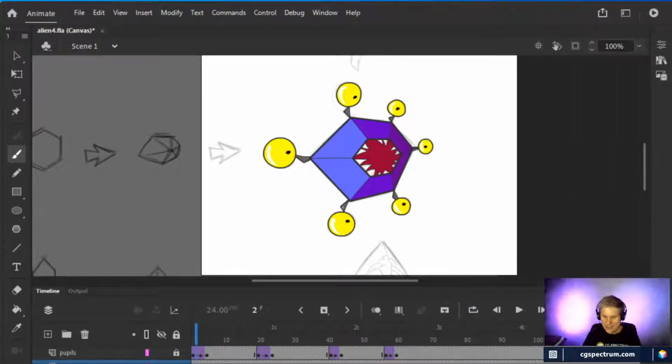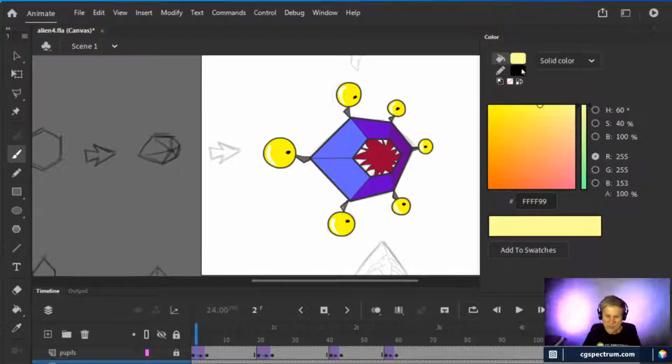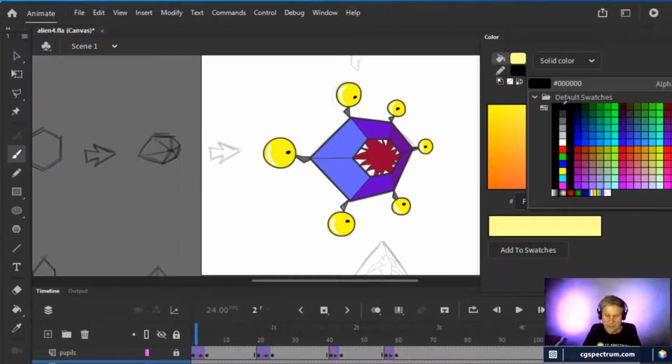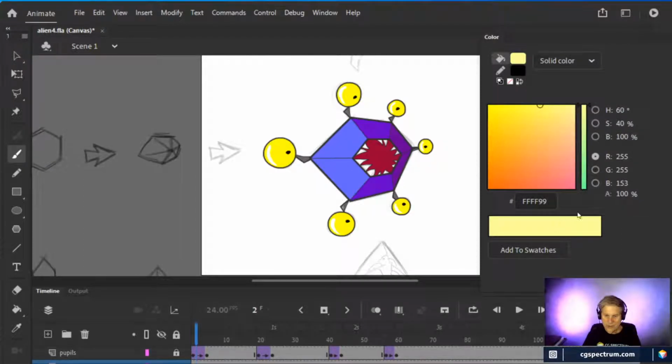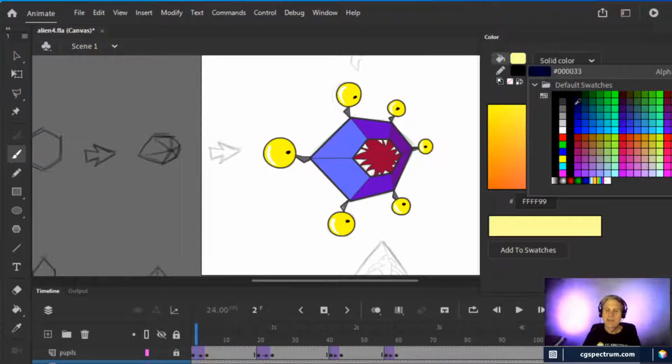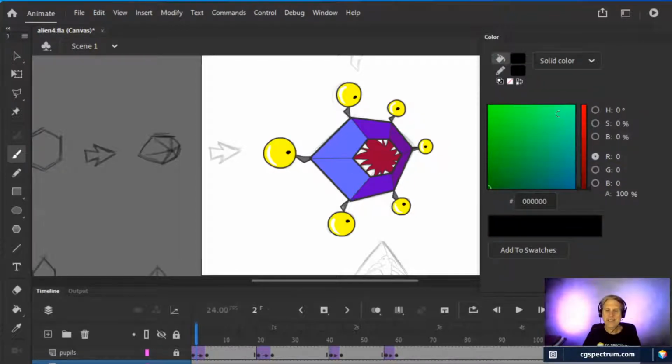But the nice thing about a program like Toon Boom is that you have the ability to change your colors. You have the ability to draw rough and draw clean in the same program.